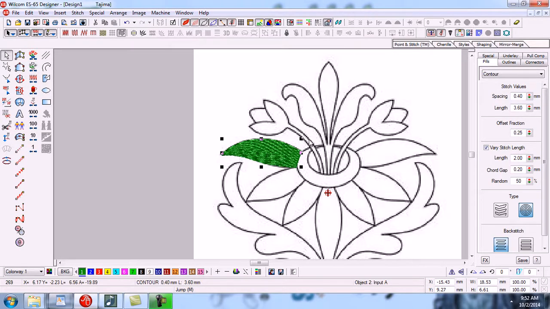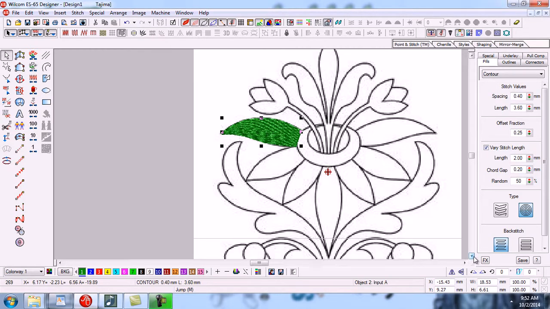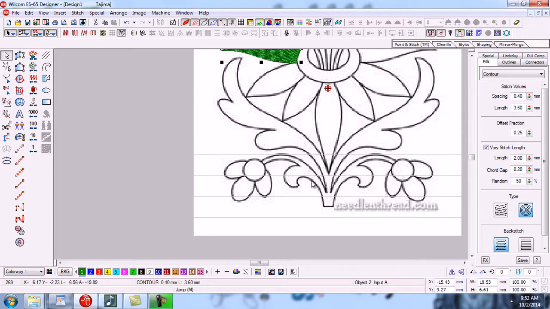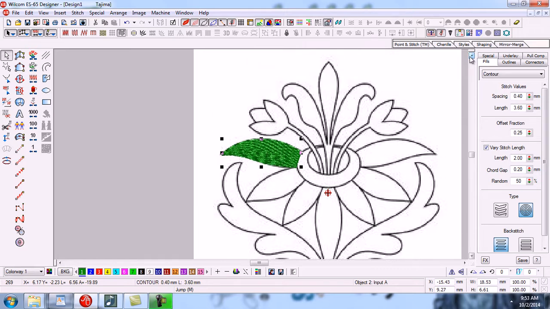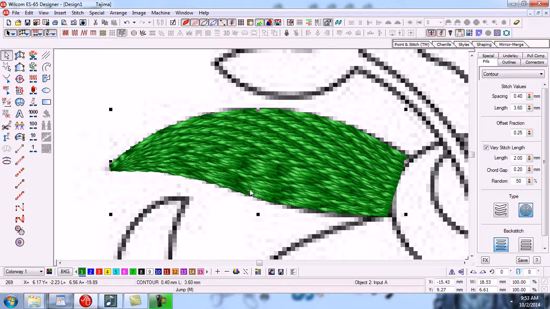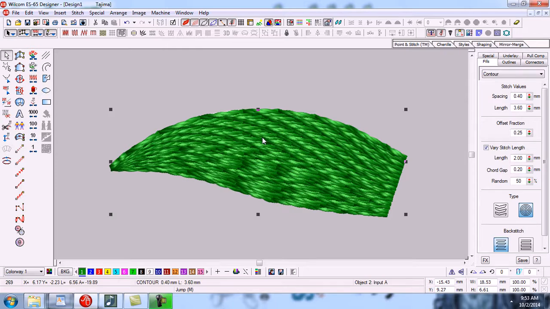But these types of objects cannot be made easily with Input A. This type of object we will make with complex fill, fusion fill, or Input B. So in this video you will learn what type of object we can make with Input A. This type of object we can make with Input A. After making any object we can reshape them.